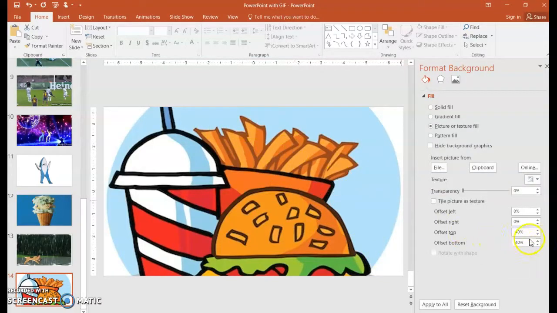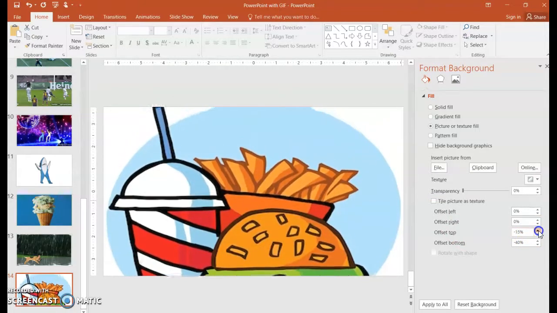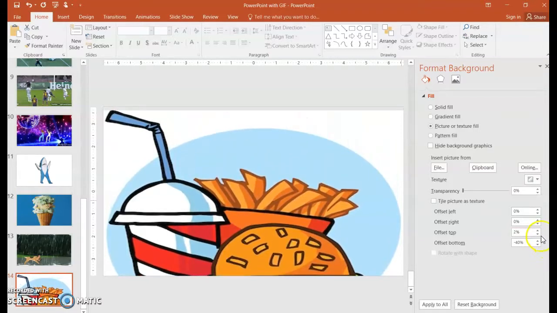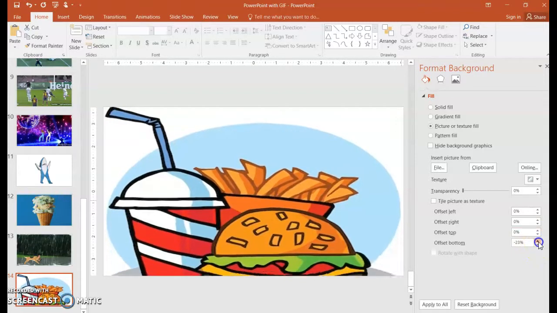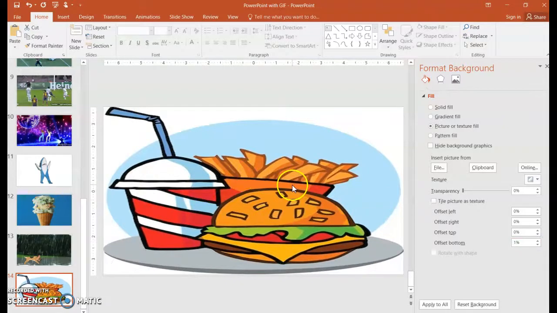you can use what's called offset top and bottom and right, and you can move it so that everything is included in the picture, so the background is not chopped off. And do the same thing on the bottom. If you need to do left and right, you could do that as well. So if you ever selected a picture and it's chopped off, you can use the offset left, right, top, bottom,